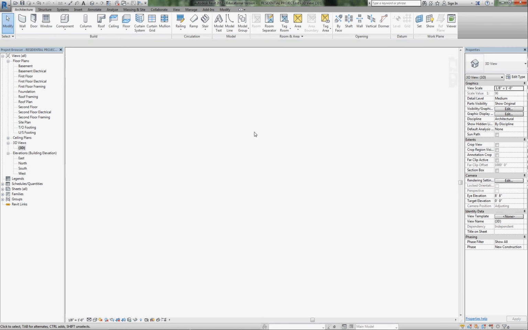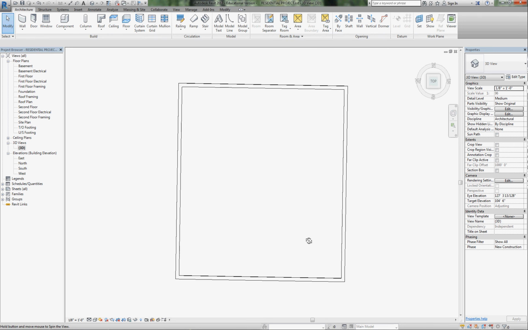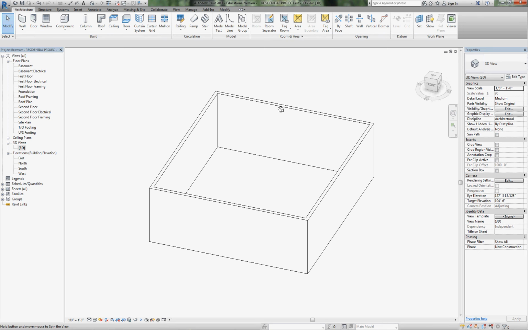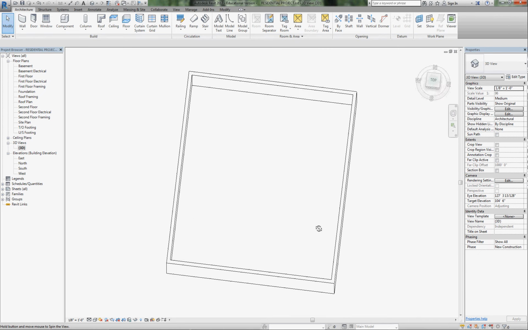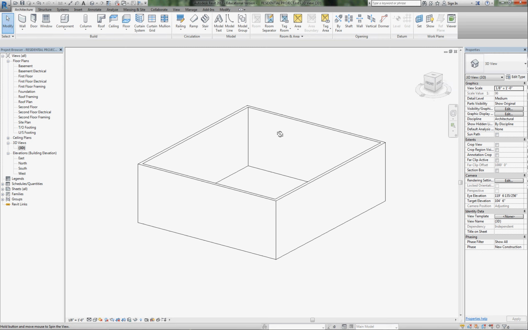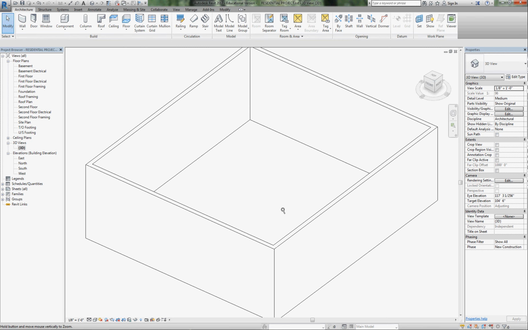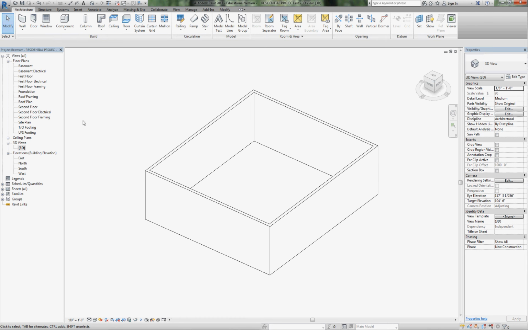If we look at that in the 3D view, there's the box of our house that we've started. If I go to top, you can see north is up, so the south elevation is looking from down here, and the north elevation would be looking from up here. If you hold your shift key down and press the wheel button, you can rotate. So wheel button plus shift key gets you to rotate. Wheel button plus control zooms. Okay,